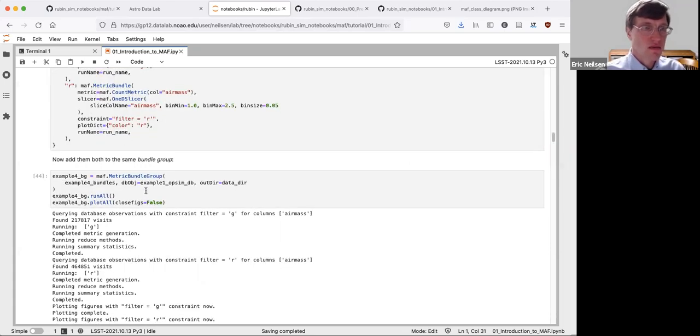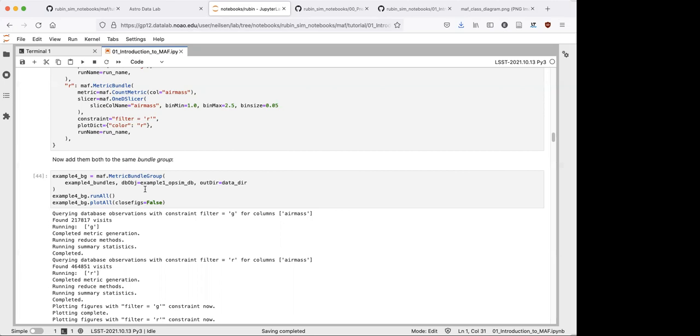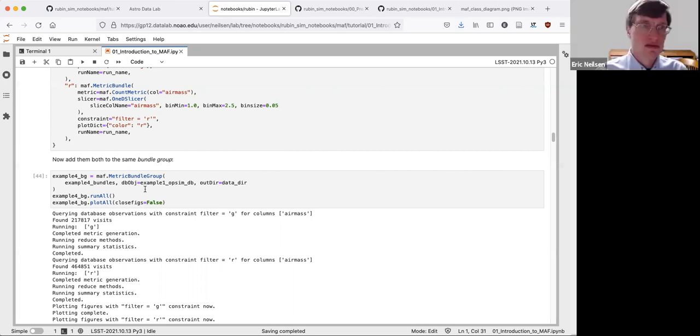Doing it with a metric bundle group is more efficient. Doing all of them within the same metric bundle group is more efficient than running them separately, because metric bundle groups are smart about how they query the database, and they can also reuse slices that are in common between different slicers that are in common between different